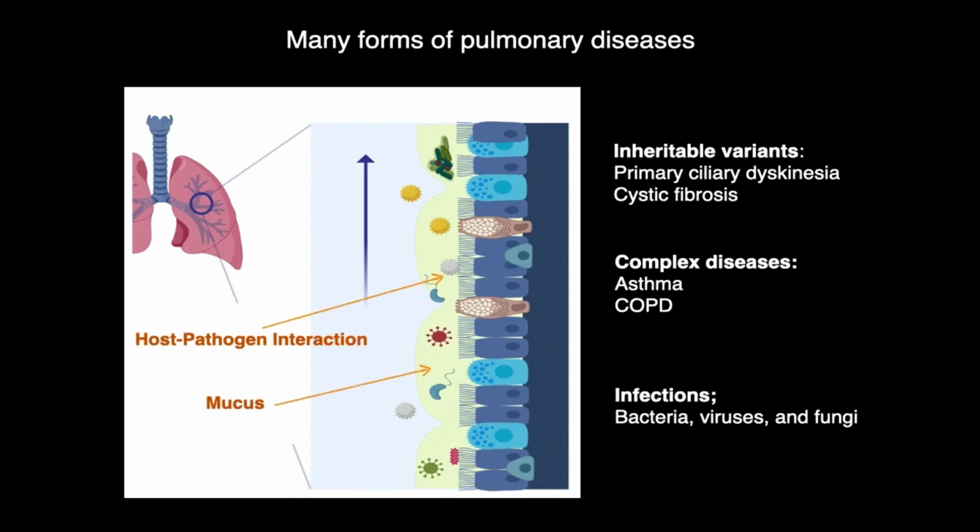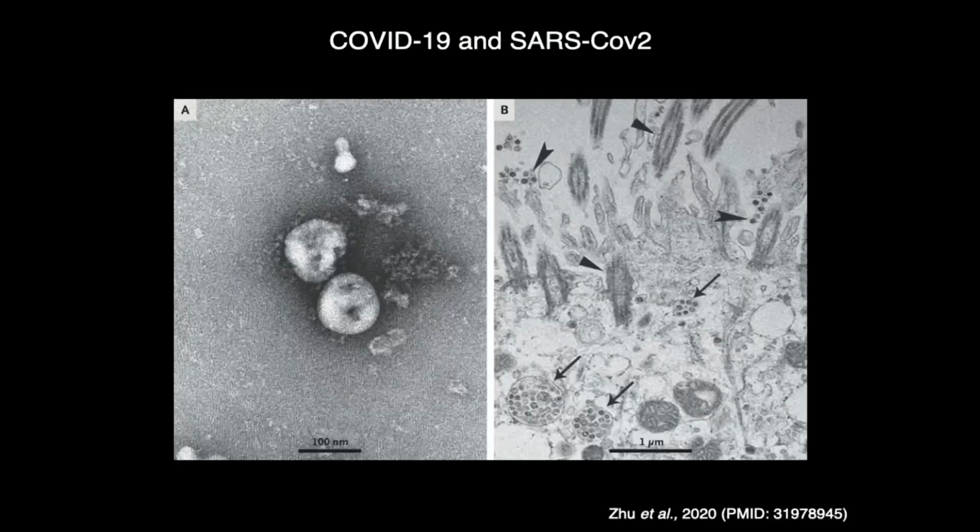Not surprisingly, these cells are also the target for many kinds of respiratory diseases, including the ones caused by genetic mutations, such as primary ciliary dyskinesia or cystic fibrosis. They're caused by complex immune environment interactions, such as asthma and COPD, and also diseases caused by infections of bacteria, virus, and fungi. For example, SARS-CoV-2, the virus that caused COVID-19, would primarily target these motile ciliary cells before they invade the human